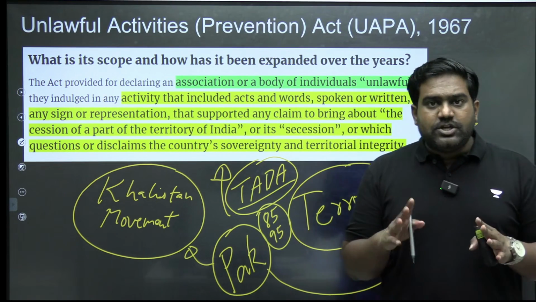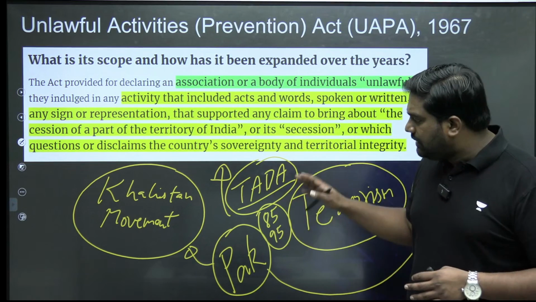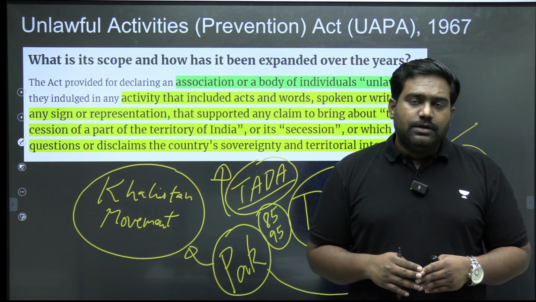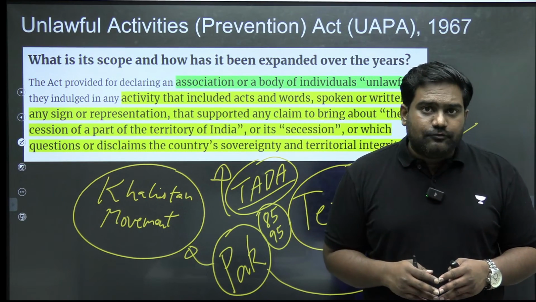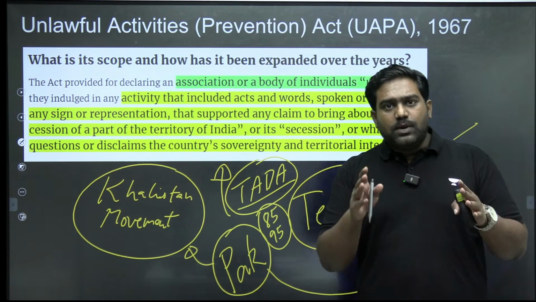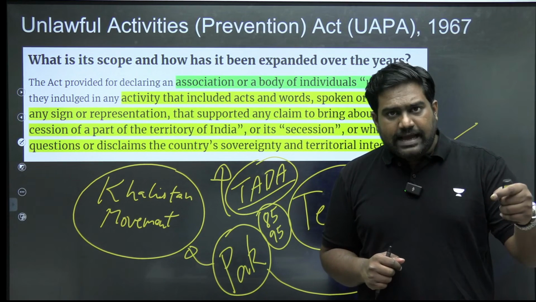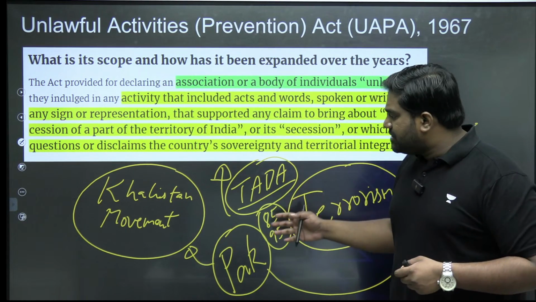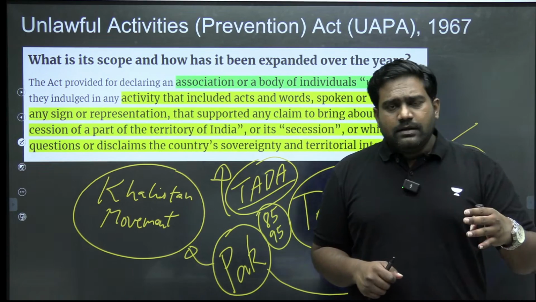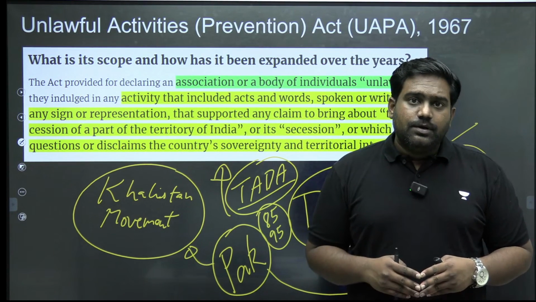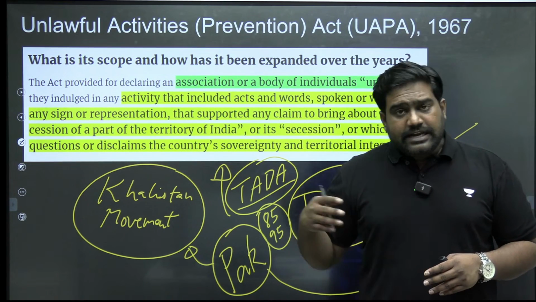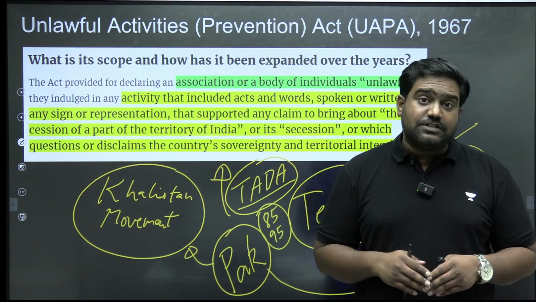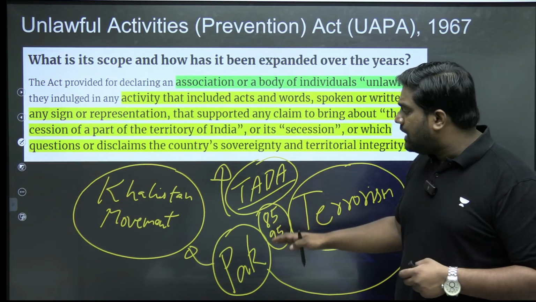For one decade, TADA was in operation, but throughout its period of operation, TADA became extremely controversial. Because TADA contained some very stringent provisions. It gave tremendous power and authority to the police and law enforcement agencies, and quite often these powers were misused. Instead of going after the actual perpetrators of an act of terrorism, several innocents would be charged and punished, because once charged under TADA, the police could have extended custody of the accused. Bail would almost become impossible. And it had even led to several cases of custodial torture, custodial killings. So large-scale allegations of human rights violations, fundamental rights violations came up,